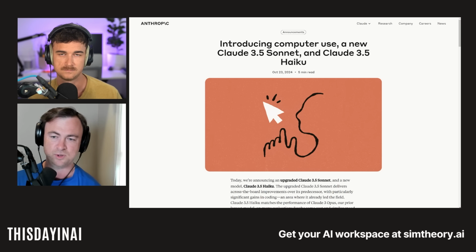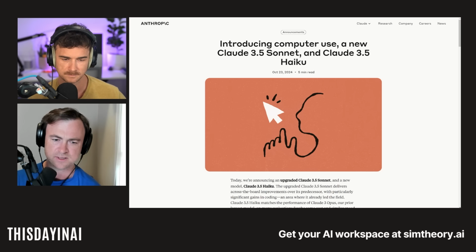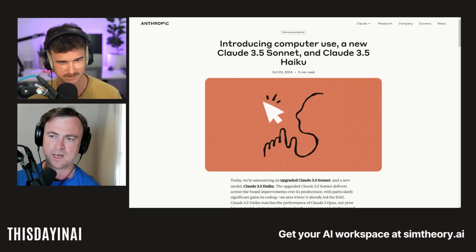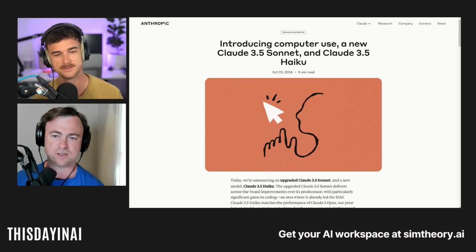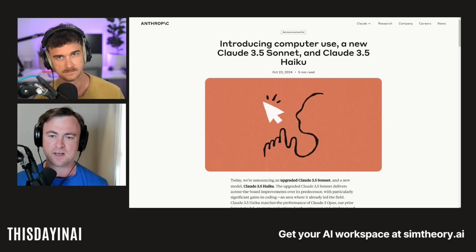One is called computer, one is called edit, and I forget what the other one's called. Console, is it? Sorry, like shell, like bash. Shell, yeah. Like you can run console commands. Now, what these pertain to is a specific interface for calling tools. So they're defining this is how we define a computer in terms of calling. And within that, you've got things like scroll, click, double click, key press, those kind of events